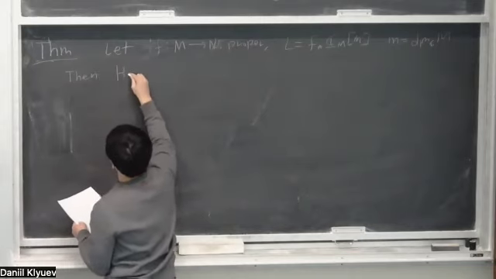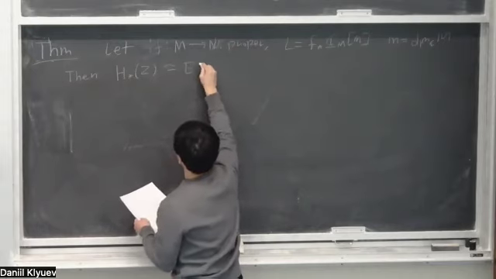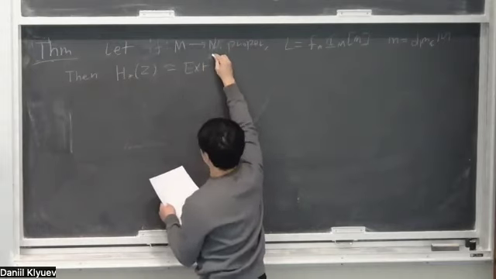Then H lower star of C is isomorphic to Ext algebra